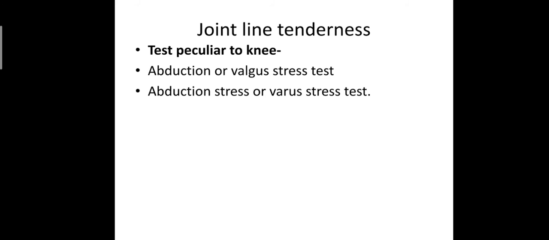Method: the patient is supine. To mark the joint line, flex and extend the knee slowly and feel for the gap between the femoral and tibial condyle. Mark this with a skin pencil on both sides. Now palpate systematically for tenderness from front to back and at the points of attachment of the collateral ligaments.